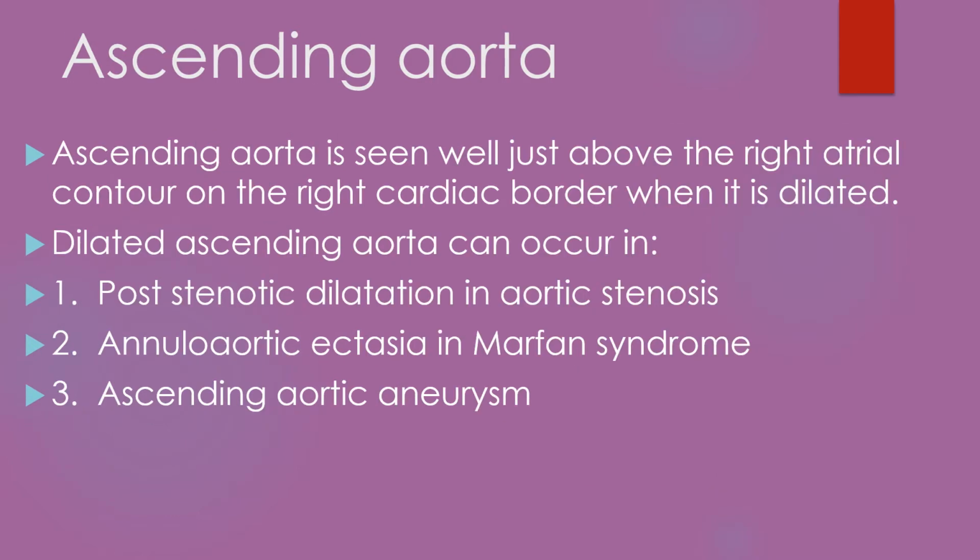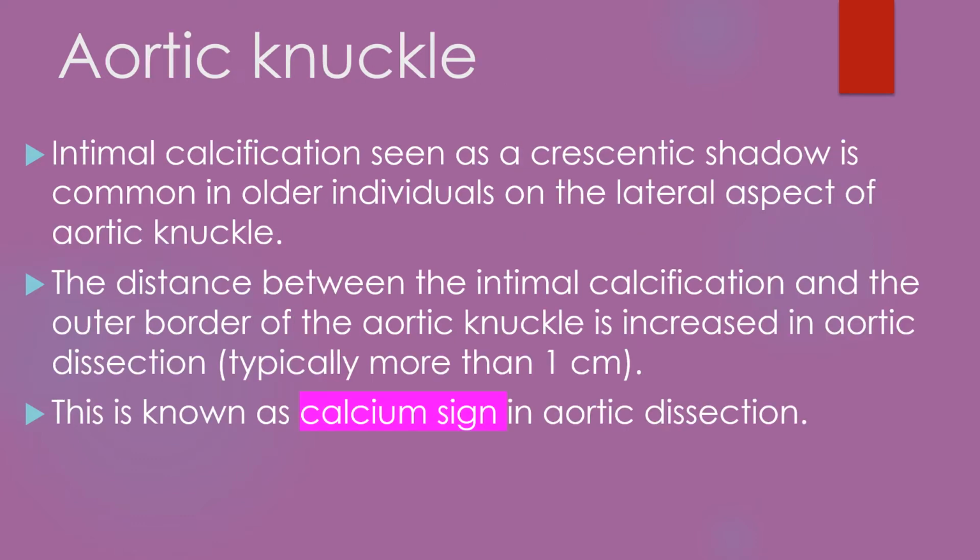Ascending aorta is seen well above the right atrial contour on the right cardiac border when it is dilated. Dilated ascending aorta can occur in post-stenotic dilatation in aortic stenosis, annuloaortic ectasia in Marfan syndrome, and ascending aortic aneurysm. Aortic knuckle. Intimal calcification seen as a crescentic shadow is common in older individuals on the lateral aspect of aortic